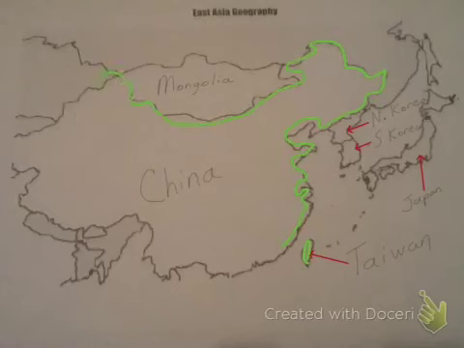Now, I'm going to go ahead and outline my map in green. Whatever color you have will be fine. Outline China and Taiwan. What we're doing that for is so we know when we look at this map that both are green and they're both part of the same one. And you'll see that I wrote down in parentheses under Taiwan, part of China. We need to know that. We have to know that.